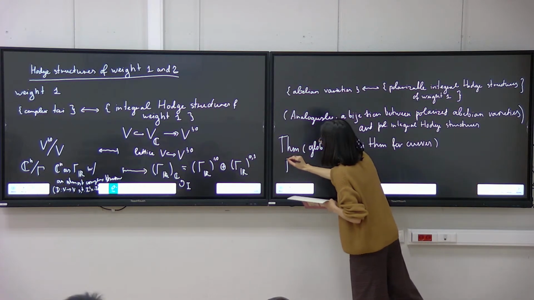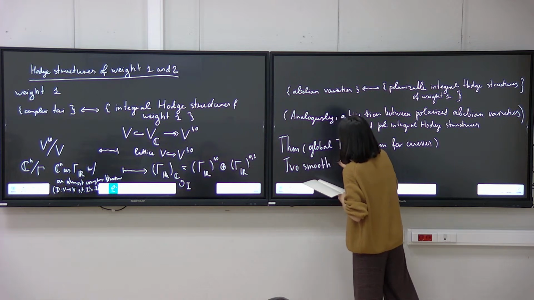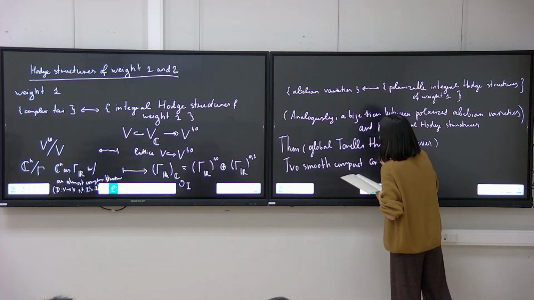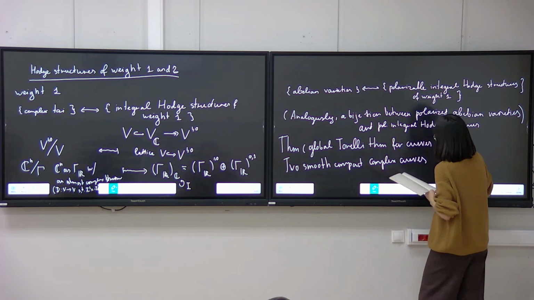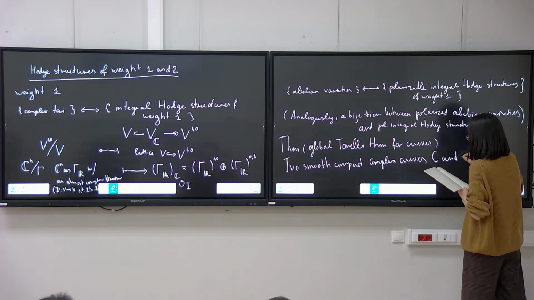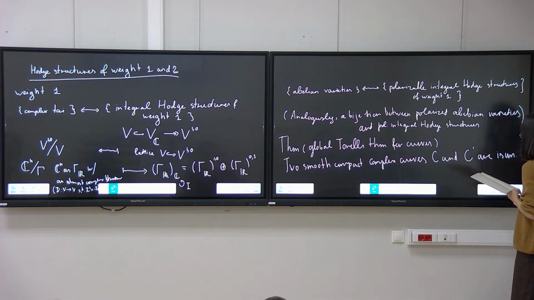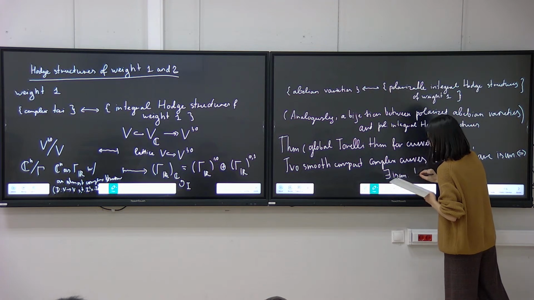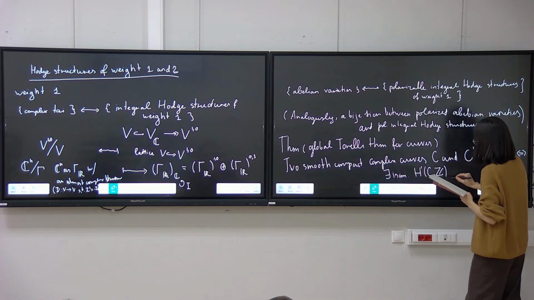We say that two smooth compact complex curves C and C' are isomorphic if and only if there exists an isomorphism of the corresponding integral Hodge structures on the first cohomologies,